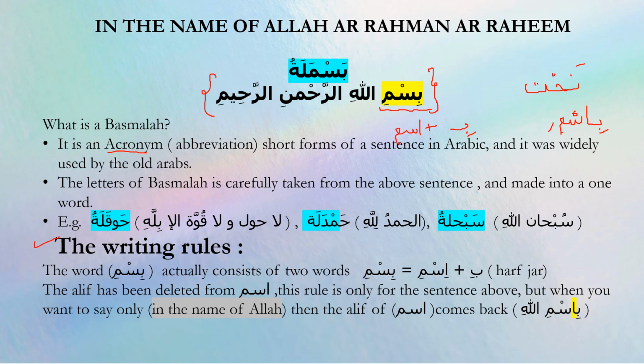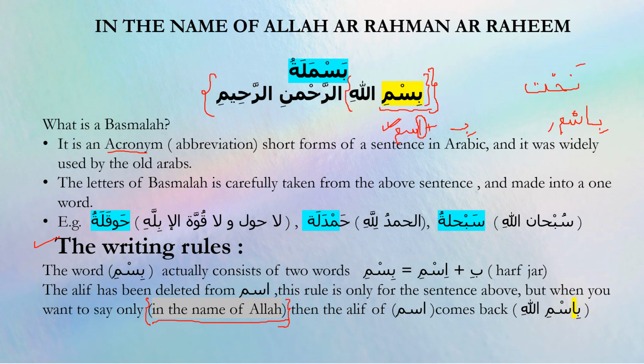So this rule is only for the sentence Bismillahir Rahmanir Rahim. Whenever you see the Ism, the first word with a harf jar, it only applies in Basmalah. Whenever you add a harf jar with the Ism, the Hamzatul Wasl is totally deleted and you get your noun as Bismi. But when you come to the sentence in the name of Allah, whenever you want to say just this sentence in the name of Allah, or you just want to say Bismillah,